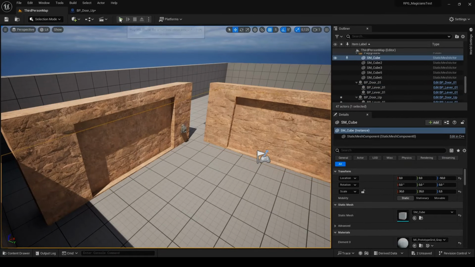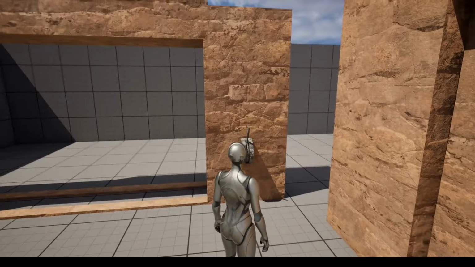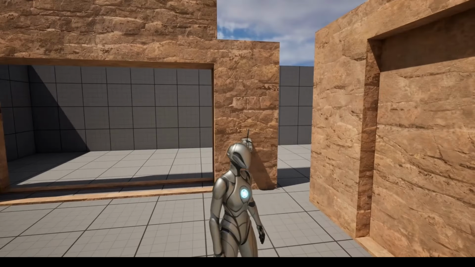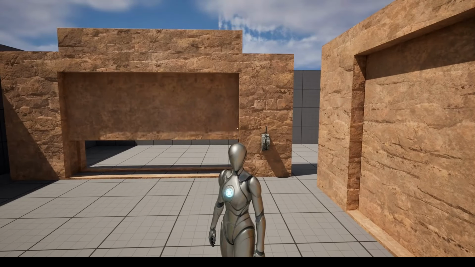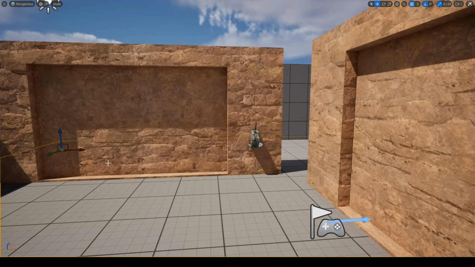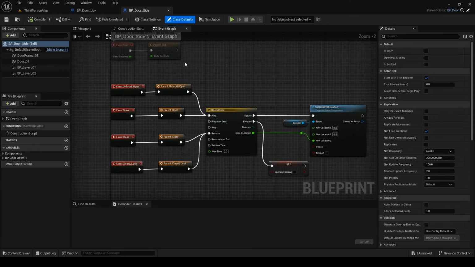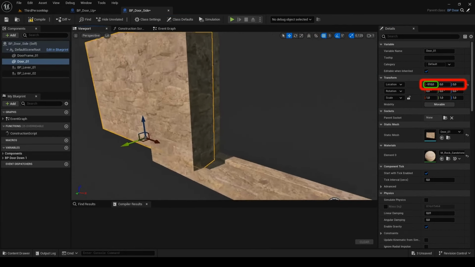Now if we test it, you can see that the door goes up and it's in line with the groove as well. Don't mind the overlapping of the floor and the door going into the air, because in proper game level you wouldn't see it. Similarly, we can do side going door. In this case, we need value of sliding to the side, that is plus or minus 510.